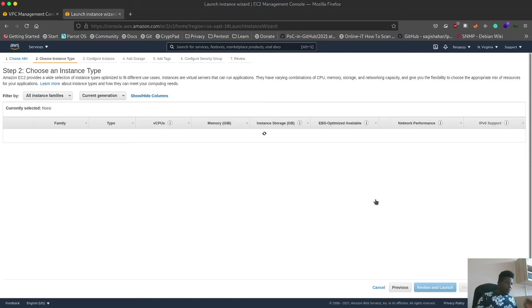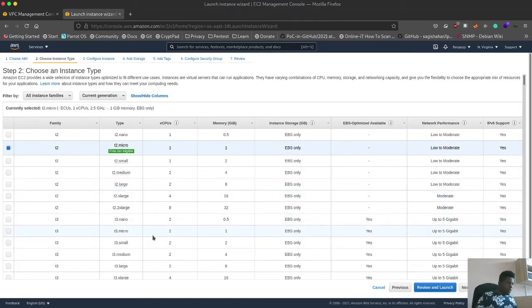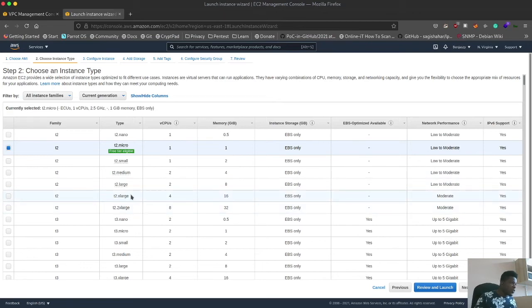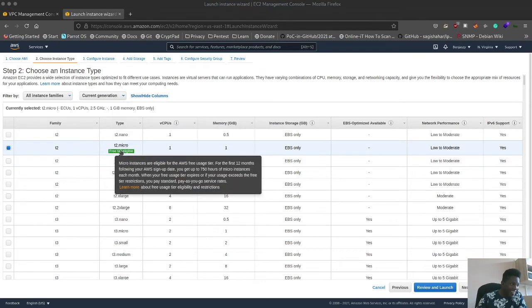All right, let's wait for that to load up a bit. Okay, so we can see what's happening right here. Now choose an instance type. We have to select the instance type which we want. I'm also going to be looking out for what falls within the free tier because I just don't want to spend or incur charges. Okay, so right here we can see this is quite intuitive. Well, I just select this one for me. Anyway, so